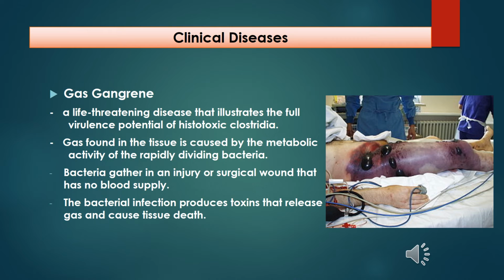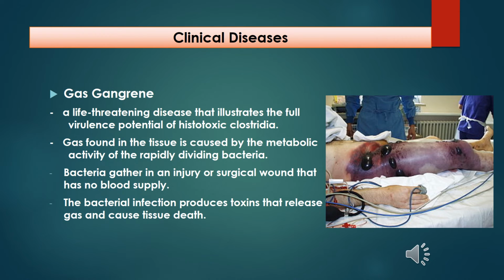And then we have gas gangrene. It is a life-threatening disease that illustrates the full virulence potential of histotoxic Clostridia. The onset of this disease is characterized by intense pain and generally develops within a week after Clostridia are introduced into the tissue by trauma or surgery. The onset is followed rapidly by extensive muscle necrosis, shock, renal failure, and death, often within 2 days